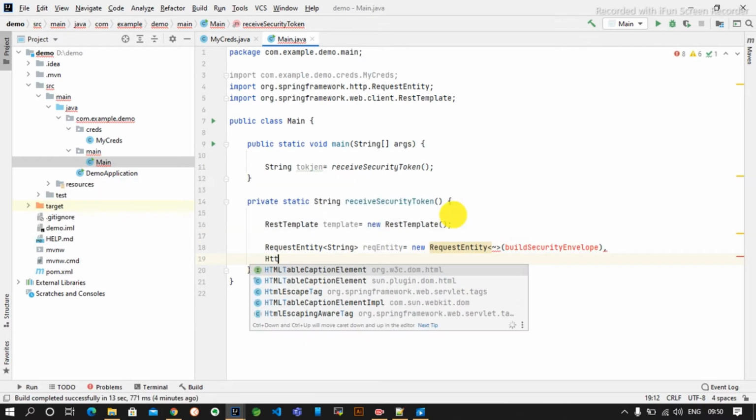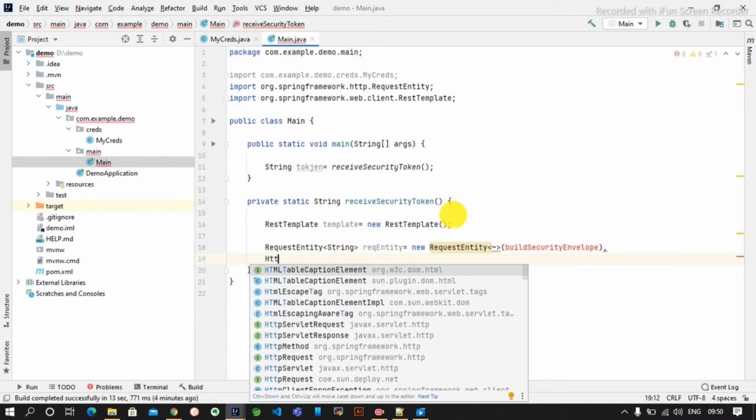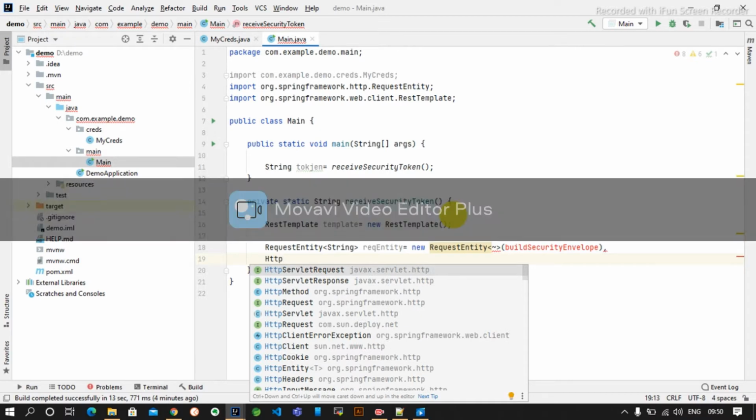We are using a post request, though we could hit an endpoint with get or post. For this we need to specify that it is an HTTP post request.